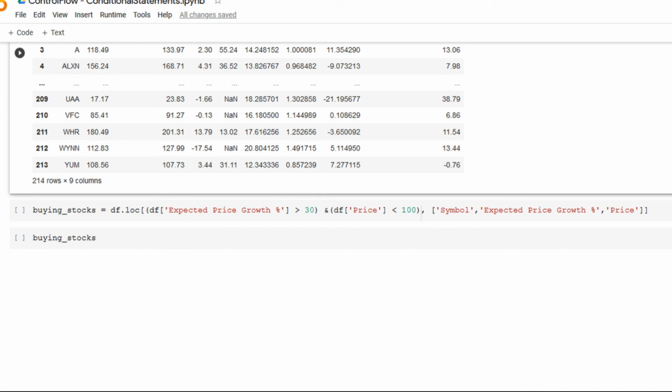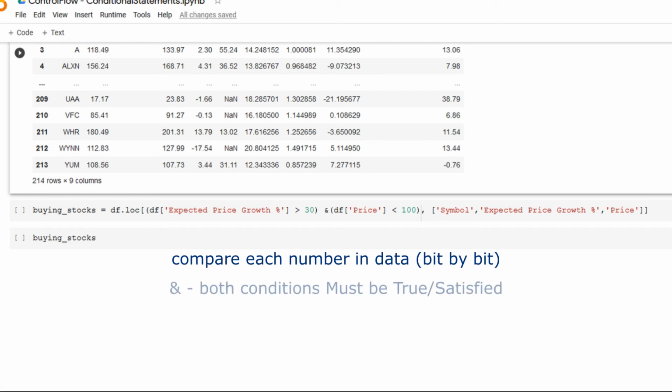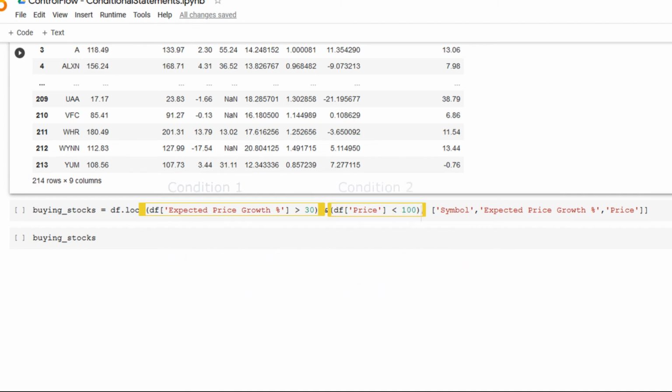The next condition starts with the ampersand symbol, which is a bitwise logical operator also known as AND. Bitwise operators are outside the scope of this course, but very briefly, to understand this code, a bitwise operator is used when we compare numbers or two conditions of numbers, and the ampersand operator is used when you want both conditions to be satisfied or true. The main point to remember is both conditions must be true.